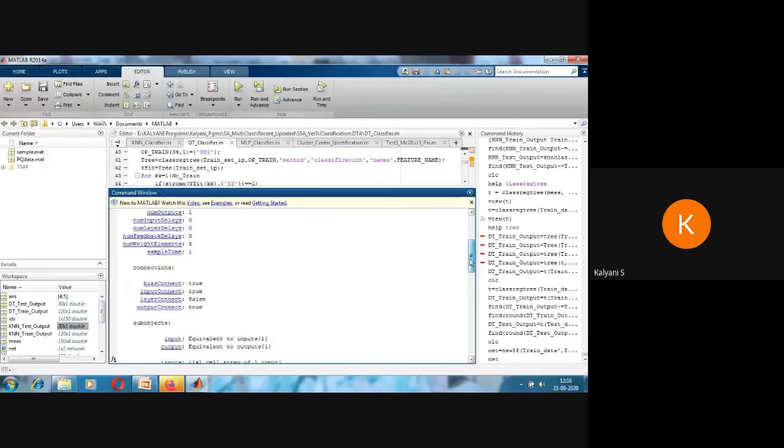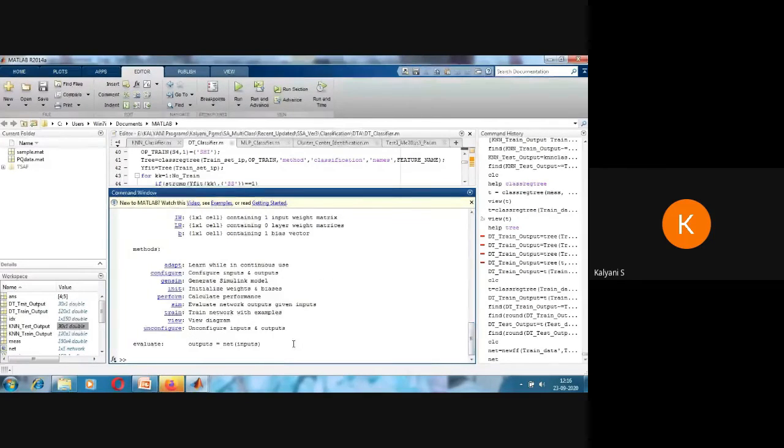So I will change this command. I will give the third argument as the hidden layer. In the hidden layer, I will give say 15 neurons. By default, the neurons in input layer and output layer will be taken based upon the size of the matrix, whereas in the hidden layer, you have to explicitly give the number of hidden neurons.